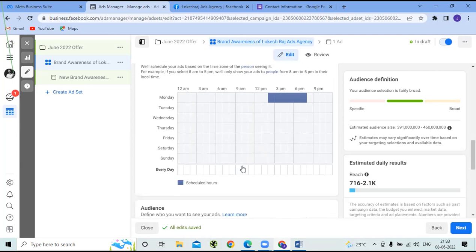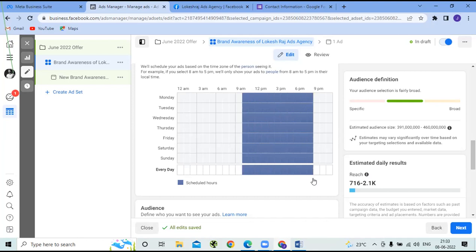So you can choose the days and timings. आपको जो कुछ भी टाइम आप सेलेक्ट करना चाहेंगे आप सेलेक्ट कर सकते हैं. नहीं तो आप हर दिन फिक्स टाइम पे रन करना चाहेंगे तो यहाँ पे लास्ट ऑप्शन रहेगा एवरीडे, आप यहाँ पे सेलेक्ट कर सकते हैं. Let's assume that you want to run it from morning 10 on these particular days, so you can select it for all the days with the same timing. यहाँ पे एवरीडे पे क्लिक करने के बाद